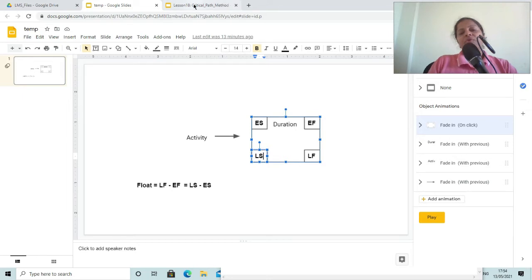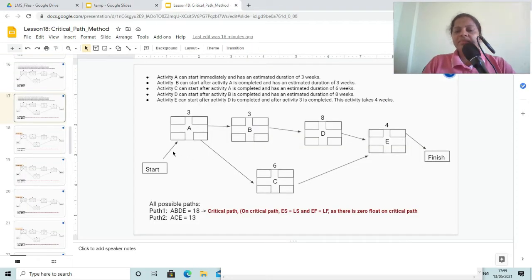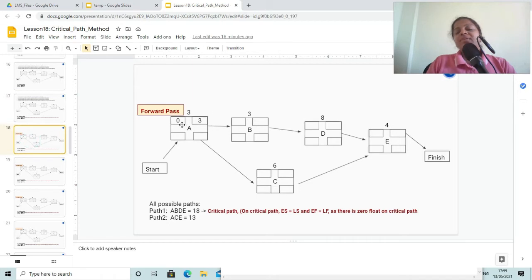Now coming back to our network diagram, here we can see that we have 5 activities. Now we want to calculate the float of each of these activities, and before that we have already determined the critical path. So we have to start on the critical path and we have to do a forward pass. Forward pass means you will be starting from left and moving towards right.